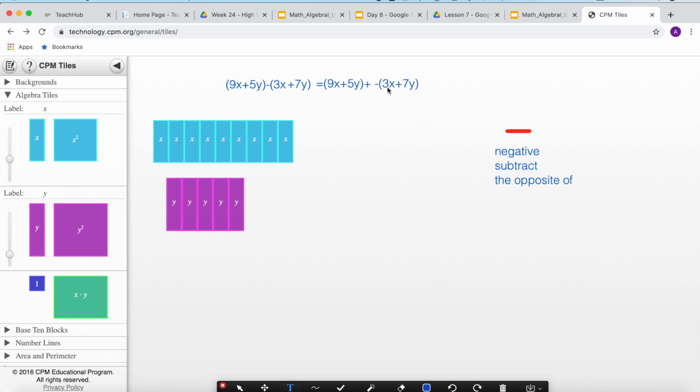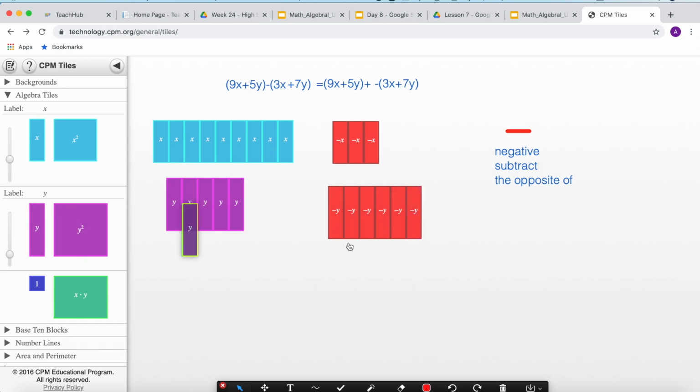So instead of 3x, I'm adding the opposite of 3x. And these are really nice tiles because you could just click them like this. And instead of 7y, I'm adding the opposite of 7y. And if you're going to use algebra tiles, 1, 2, 3, 4,